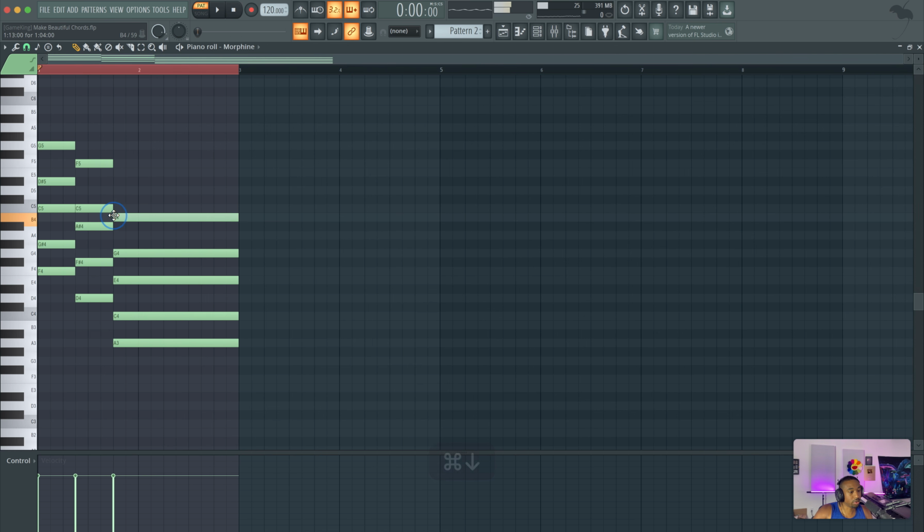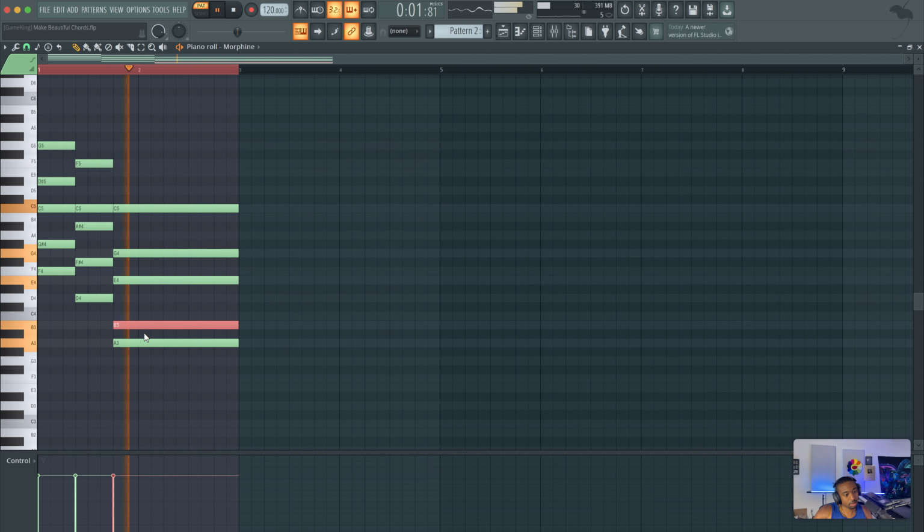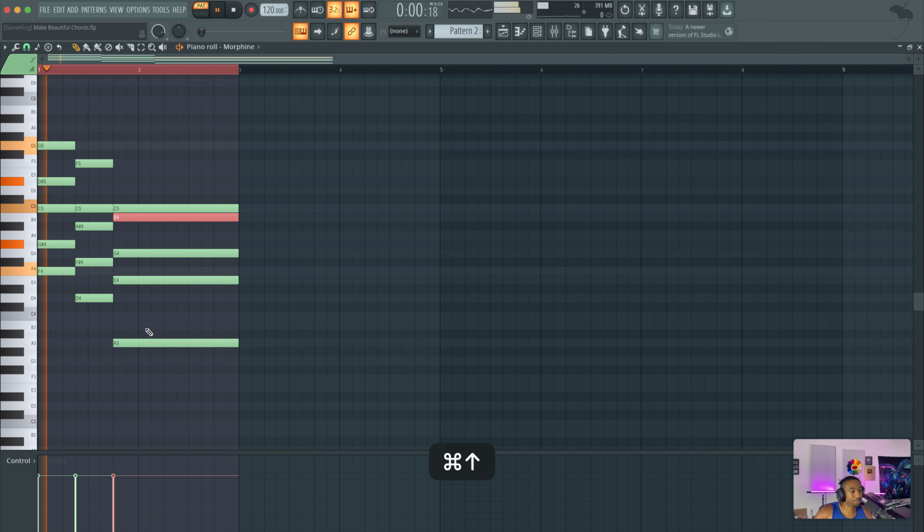Or to keep both notes B and C, we could simply pull B up an octave and pull B down. But again, it's going to create a lot of tension here. It's not going to sound very good. So in this case, I'm deciding to remove one of those tonal twins.